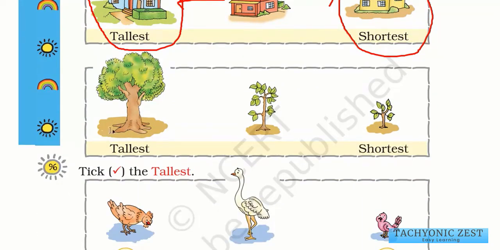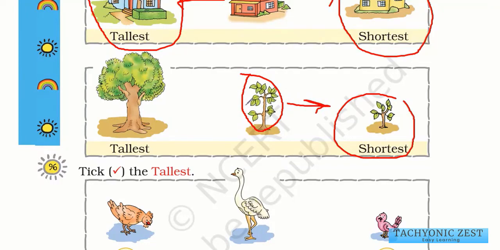So now again we can see that tallest and shortest, these are three trees that are given. So if we see this tree over here, it is the tallest tree out of all these trees, and this is the shortest tree out of all these trees. And this tree over here, okay, it is taller as compared to this tree, and it is shorter as compared to this tree. So this tree is the tallest, this tree is the shortest, and this tree is taller, okay, as compared to this tree, and shorter as compared to this tree.